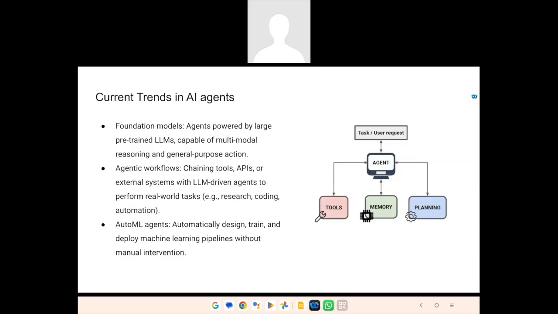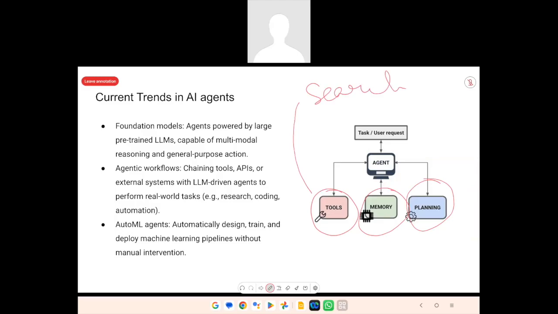Okay. So in this flow chart, you can see there are tools and there is a memory and there's a planning. Okay. So what happens here is these tools can be a search API, maybe a weather API, or maybe a database, all the necessary equipment. Like let's say there's a mechanic or electrician, he has a set of tools. Without those tools, he can't work.